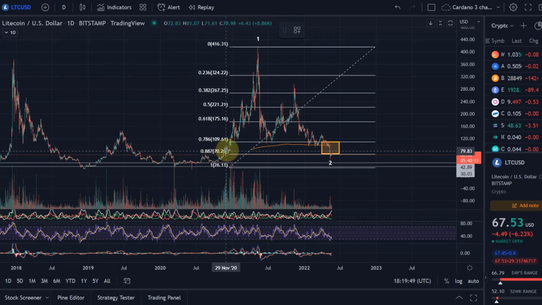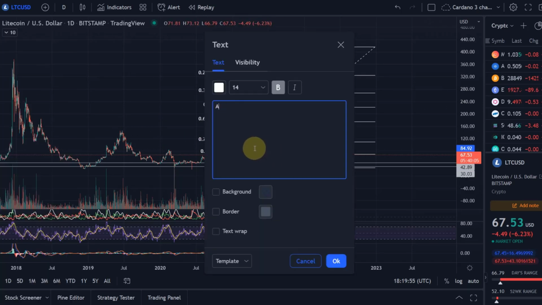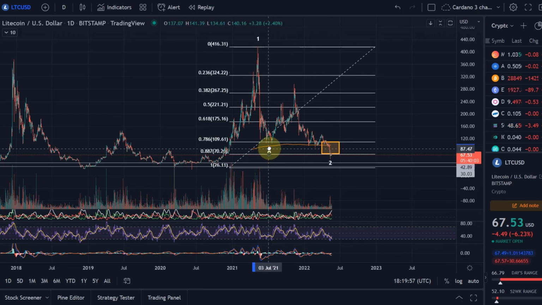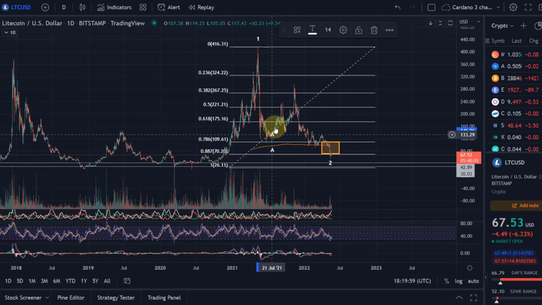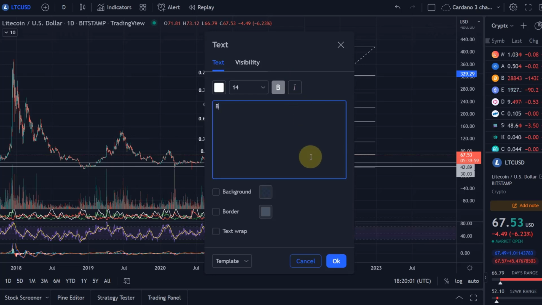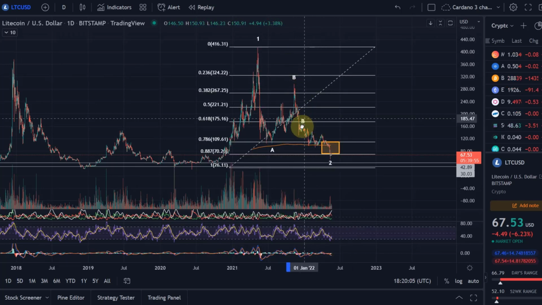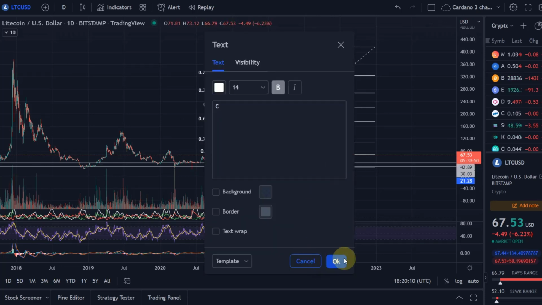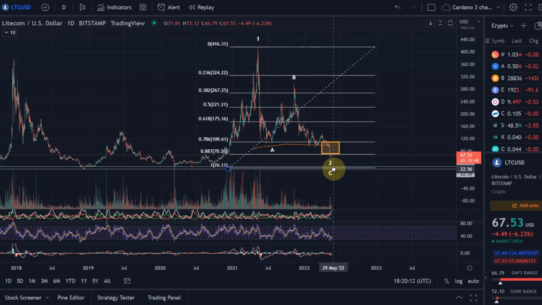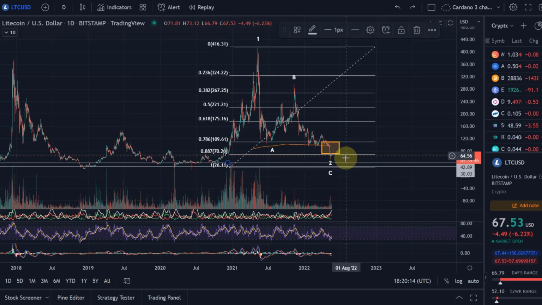So let me just label that here maybe a little bit differently. Here we had a wave A. This was the low. Then we had a wave B, which is a corrective wave. Again, here very nice, a lower high, not an overshooting wave B like Bitcoin did it. And this here is the wave C, a wave C of a wave 2. Yeah, so this is very important to understand.